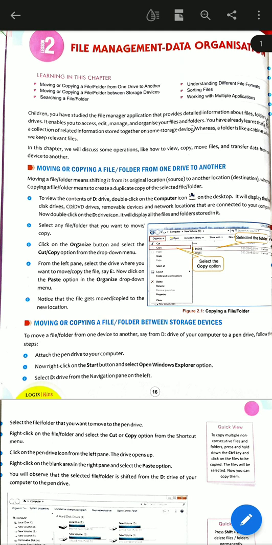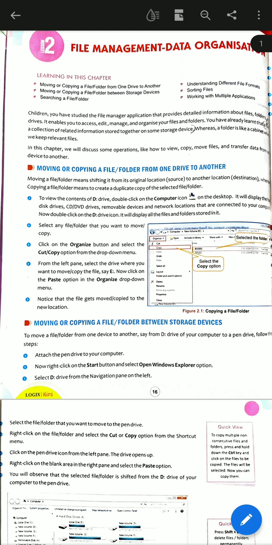Working with multiple applications, and here you will know how to work on multiple applications.